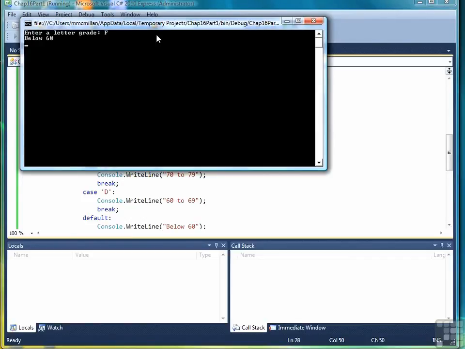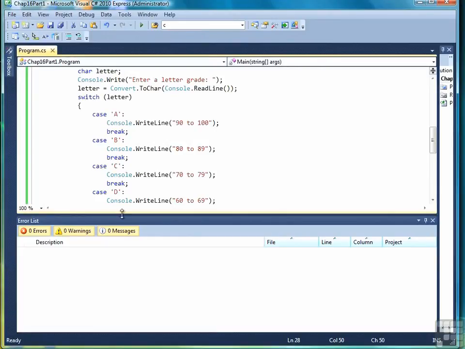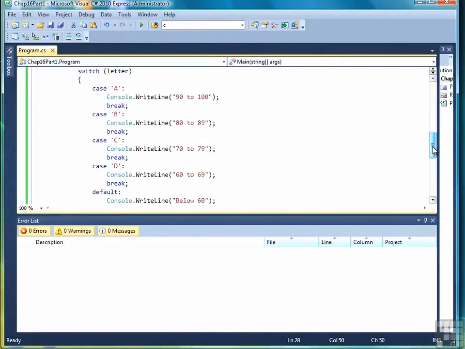And to be honest, we probably want to put F by itself and not have a default, since you can have letter grades that are only A, B, C, D, and F. I wanted to demonstrate default, so I did it like that. But perhaps a better way to write the program would be to actually provide a case for the F. In fact, let's watch this. Let's modify this a little bit. Let's say case F,